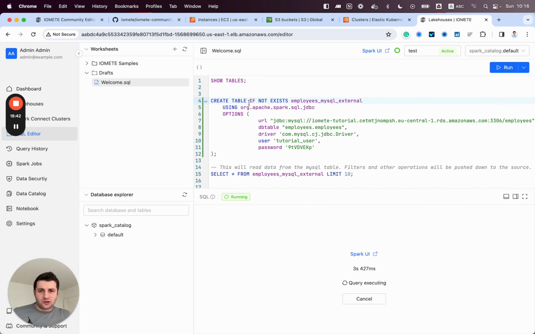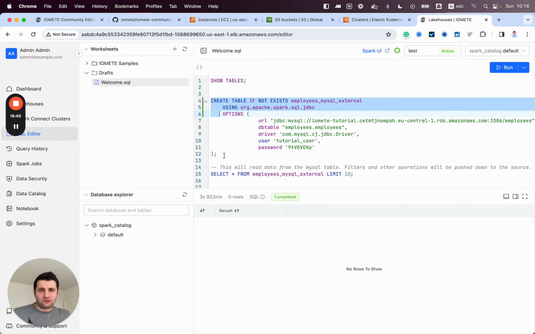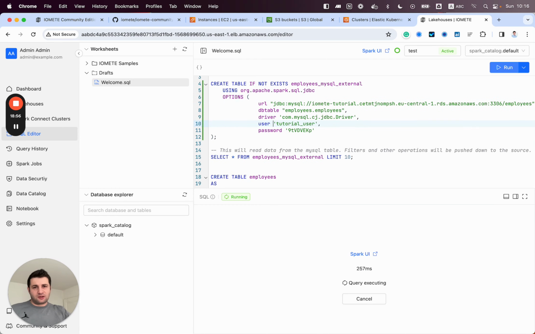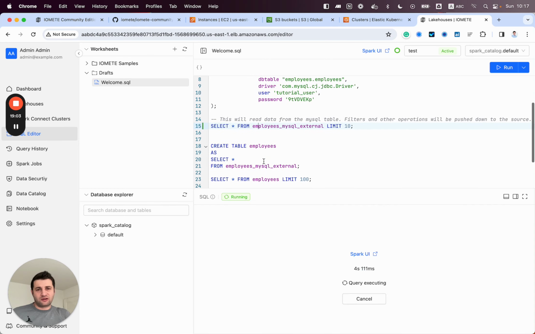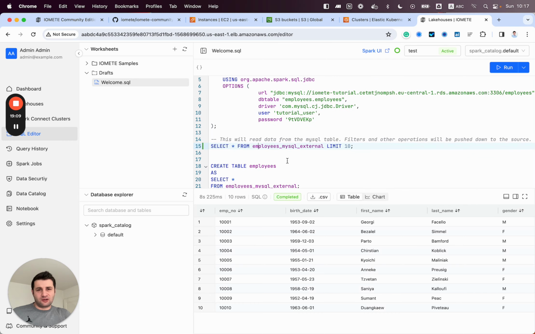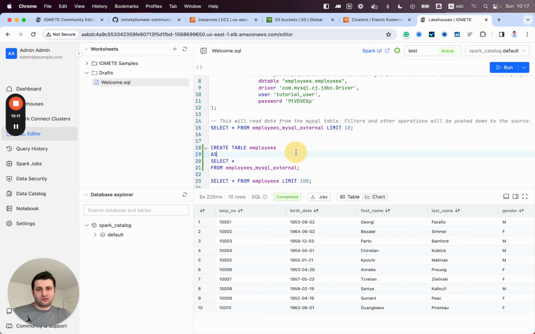So here I'm creating an external table that's pointing to MySQL, which is a test MySQL running here. Let's create this, and then we can query the external MySQL from here directly, which is not storing data in the lakehouse. It's accessing this external MySQL.